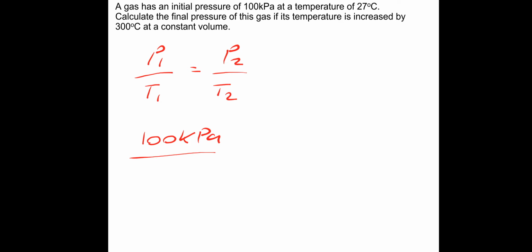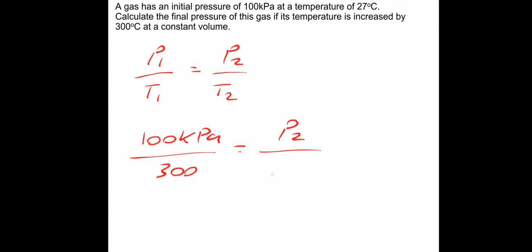Back to it. So a gas has an initial pressure of 100 kilopascals at a temperature of 27 degrees Celsius. So we need to convert that. Equation wise, we've got P1 over T1 equals P2 over T2. So pressure 1 is the 100 kilopascals. And the temperature 1 is the 27 degrees Celsius. So we're going to add the 273 to convert into Kelvin. So that would be 300 Kelvin equals pressure 2, which is what we're going to calculate, P2, divided by